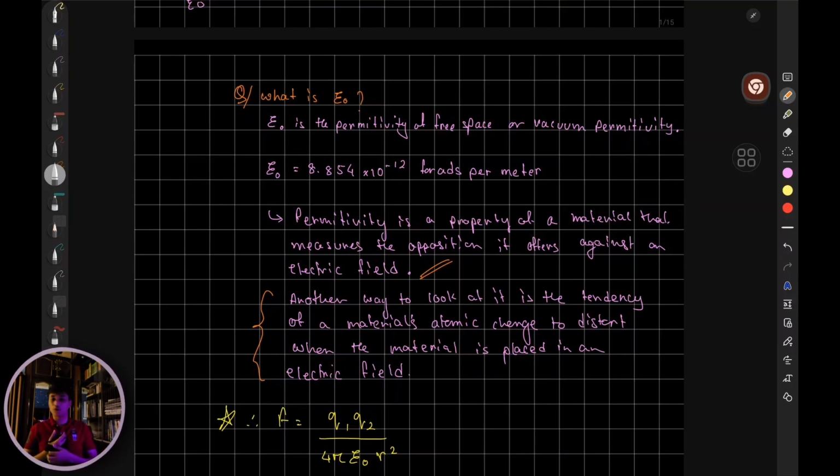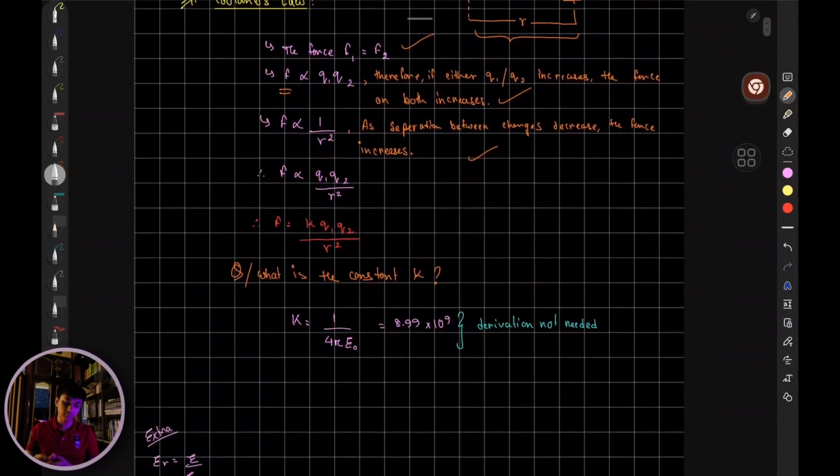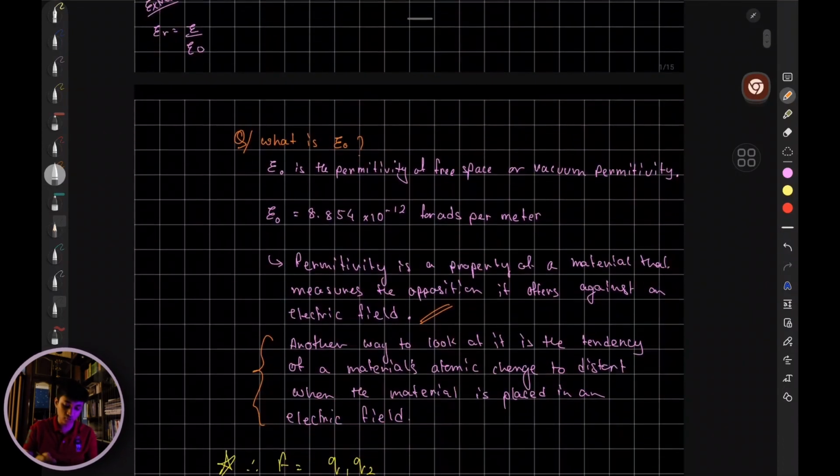So you don't need to know all of that. You just need to know E naught is a constant that we consider for figuring out the force acting on the charges. So you just plug E naught into the equation and find out the force. You don't need to know the derivation. You don't need to know what it means. You're going to learn about it later on. I'm pretty sure you're going to learn about it at uni if you do take